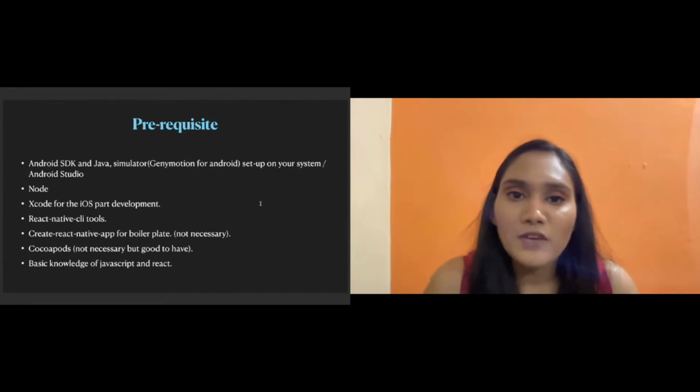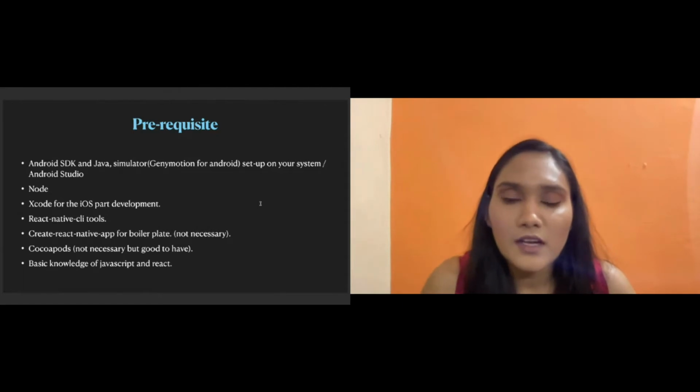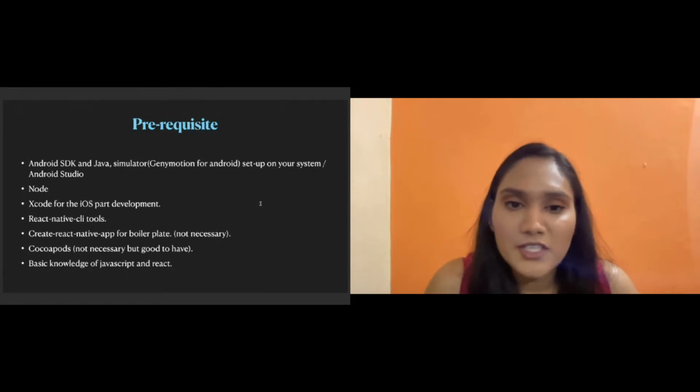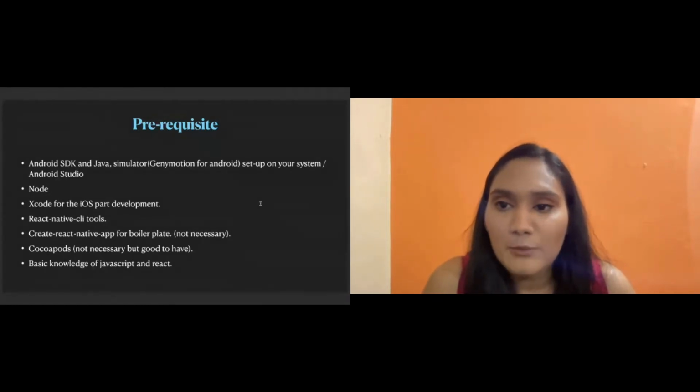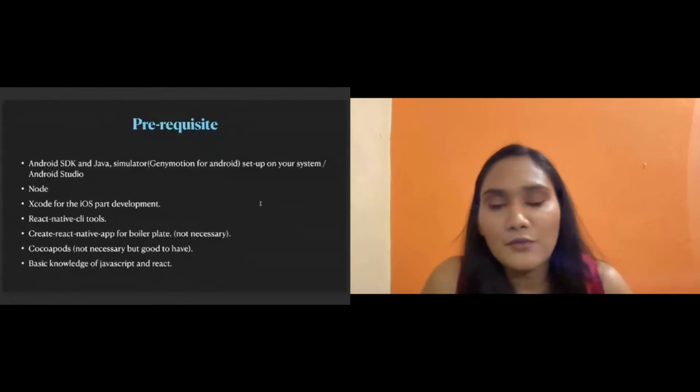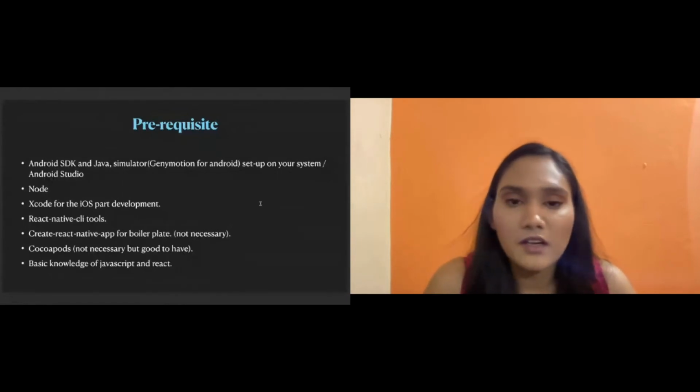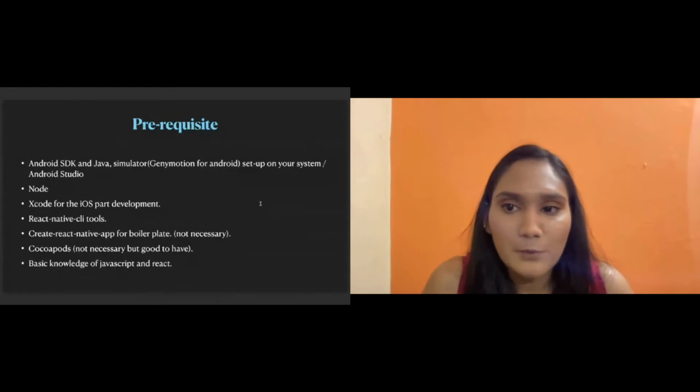So at the time of development, you can install some applications for a simulator. There will be a dummy mobile phone which will get installed in your system, and you can use that simulator to simulate your application, to test it, and whenever you get satisfied, you can release the app. But before that, you need to test it, and for development purposes, you must have a dummy mobile phone in your system so that you can work with it in the development phase.